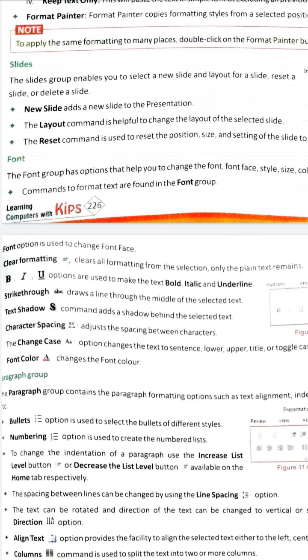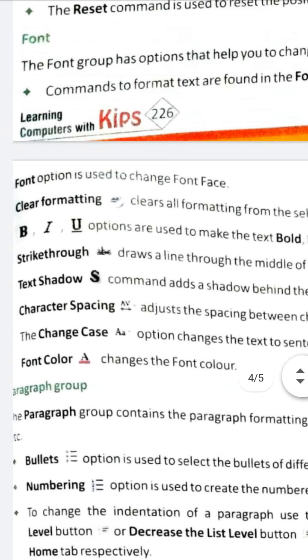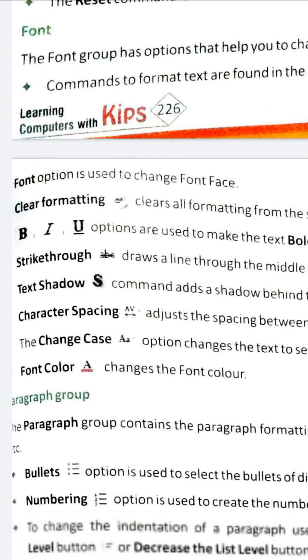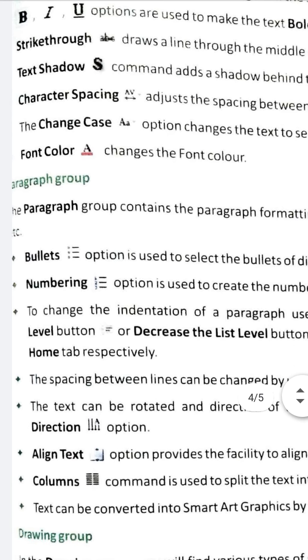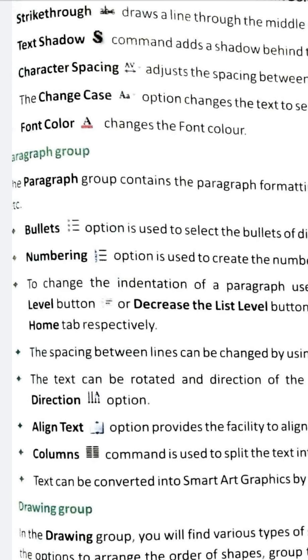Besides that, you can customize your font, you can change the font size, color, and make it bold, italic, underline. I have told you about all these in MS Word also. You can see here the B, this one B for bold, I for italic, and U for underline. And you can insert a bullet or number also as in MS Word. I told you everything about this one. And you can align the text: left alignment, right alignment, center alignment.